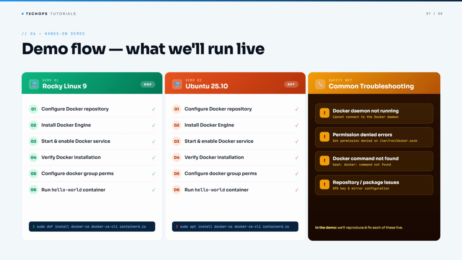Now that we have covered the core Docker concepts, it's time for the live demo. We will start with Rocky Linux and go through the complete Docker installation process step by step. First, we will configure the Docker repository, and then we will install Docker Engine and its required components. After that, we will start the Docker service, enable it to start automatically after reboot, and verify that everything